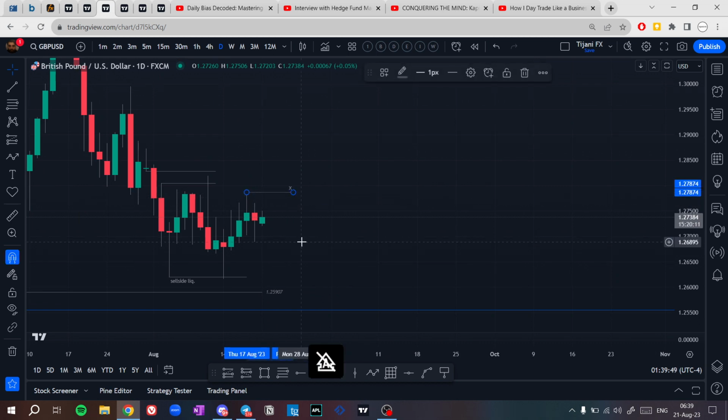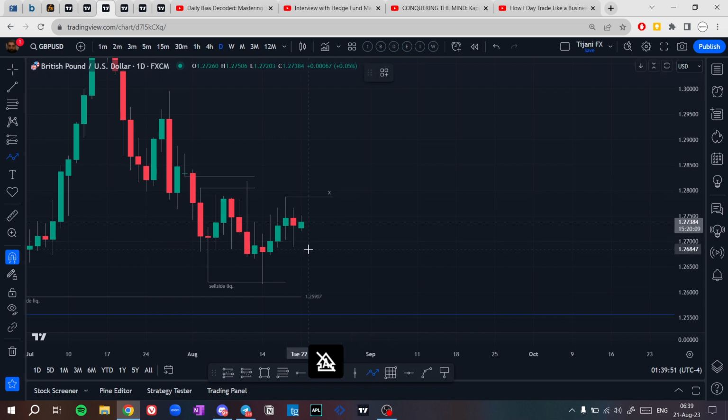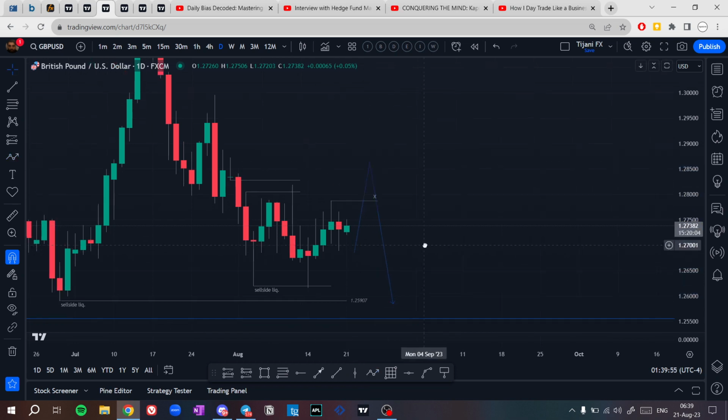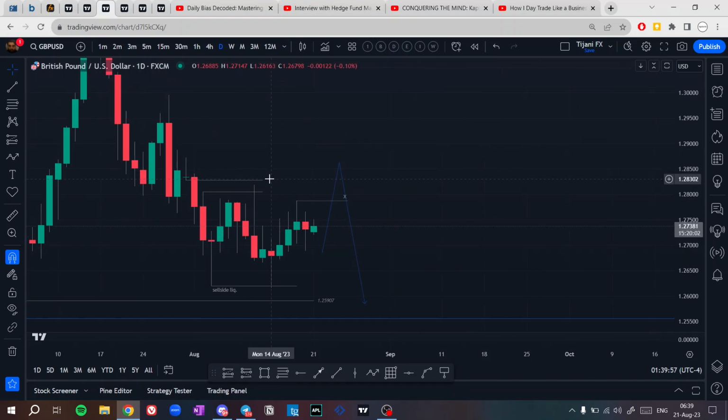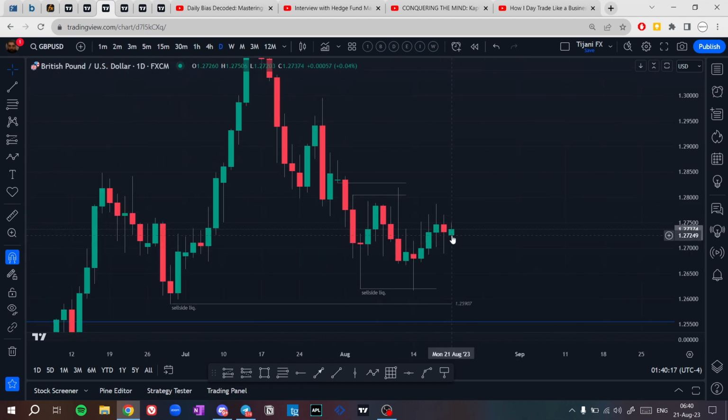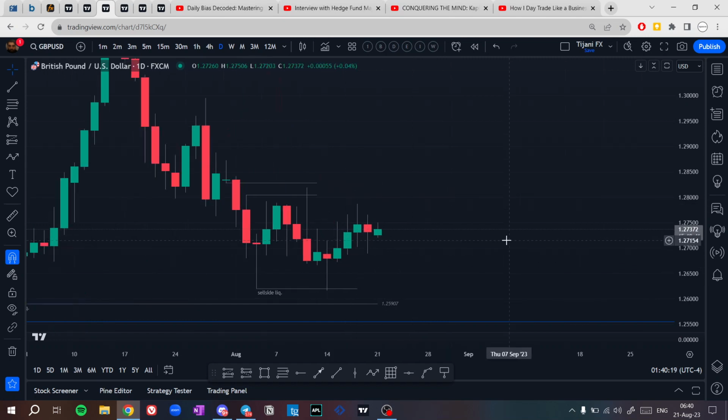But now what I'm seeing, price could take this high, then drop lower. Yes, there is still a chance for price to do that, right? So what I'm going to do is wait for more confirmation. I don't trade in a consolidation. I don't know how to trade in a consolidation. My model doesn't work in a consolidation. And this is what we have. We have a consolidation now.